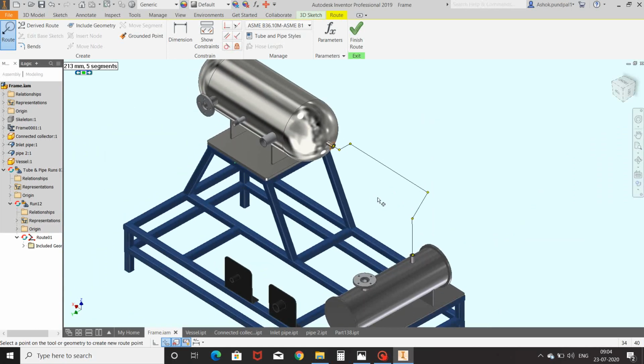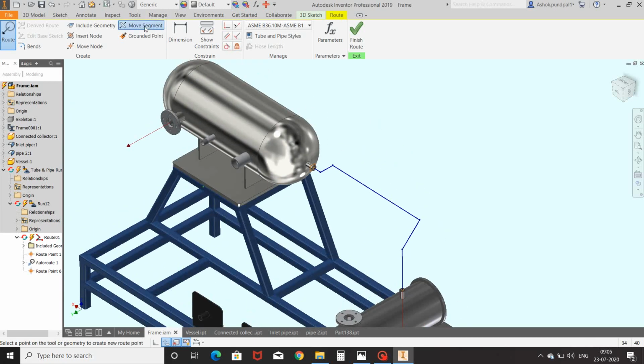Here you can see the route is created. To check other route suggestions, you can click on the arrow. For me, the first one is suitable. Click here to finalize the route.